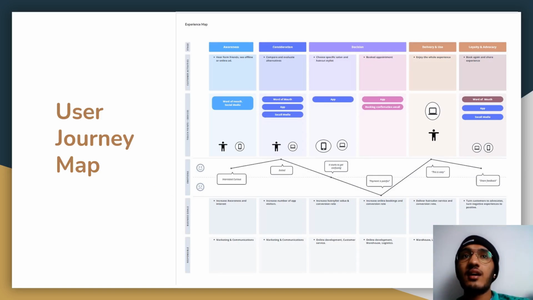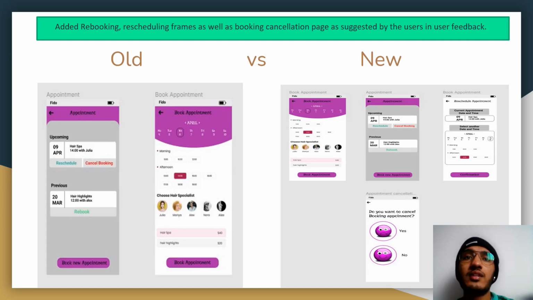So this is our user journey app. These were the two slides before the user testing, but after getting the reviews from the interviewees, we added a cancellation page and also a reschedule appointment page.